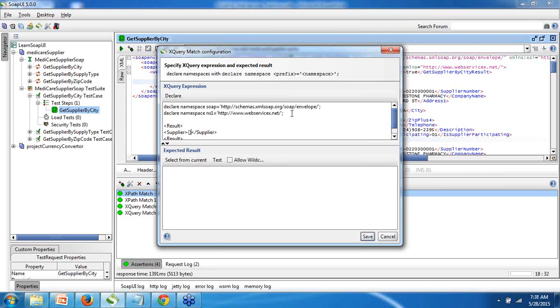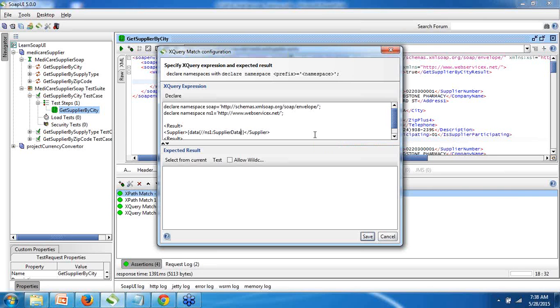Put two curly braces here, and then data. This is case sensitive too, so make sure when you are writing these functions of Xquery, you use small caps. If you use caps, it will not give the proper result. It will fail. Okay, brackets and then our XPath. So this time I want all the supplier names. So what will I use? I will use only